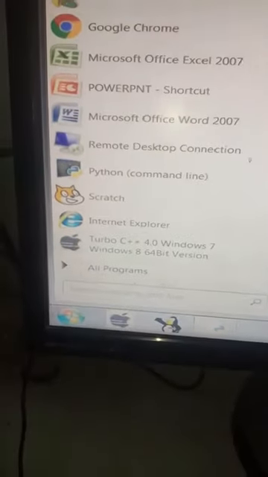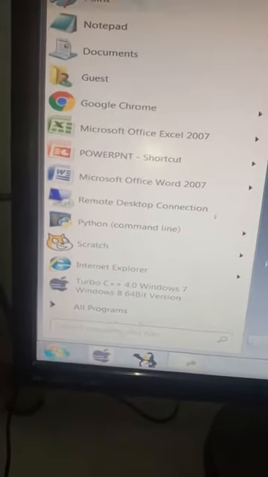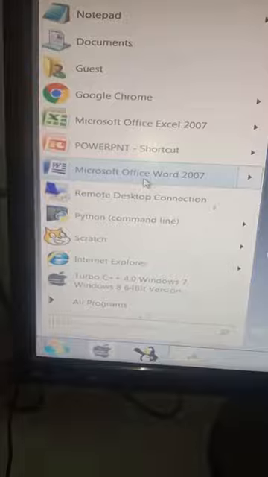The first step is to open the MS Word window. Bring the cursor to the start menu. From the start menu click on MS Word. As soon as MS Word opens up, now suppose I have increased the font of it. Now I am going to increase the size of it also, and the size also has been reduced.